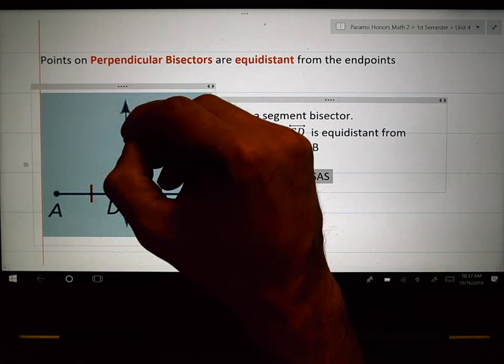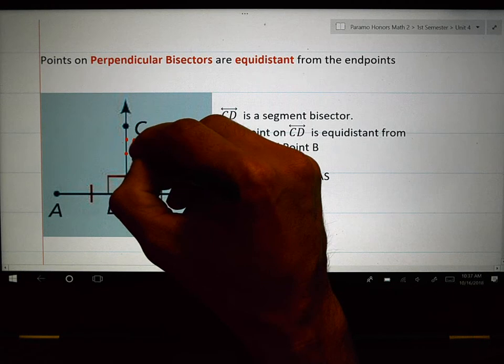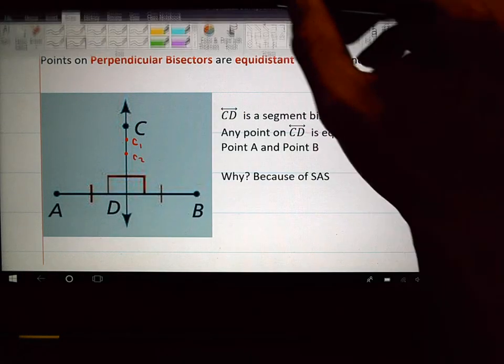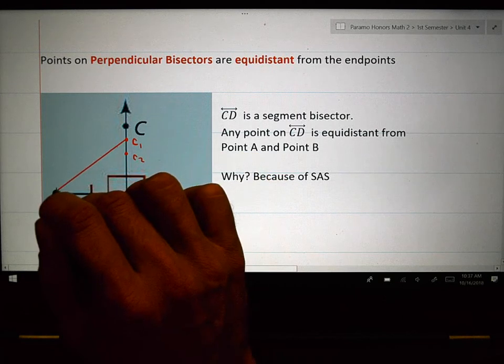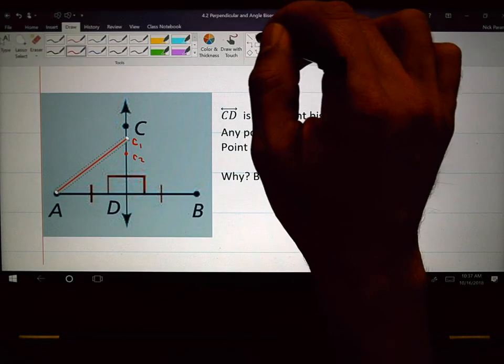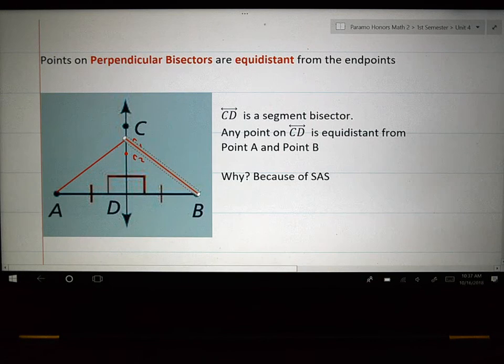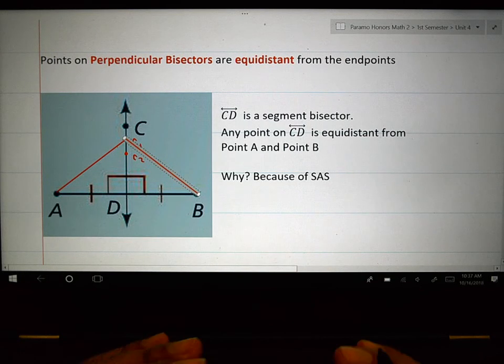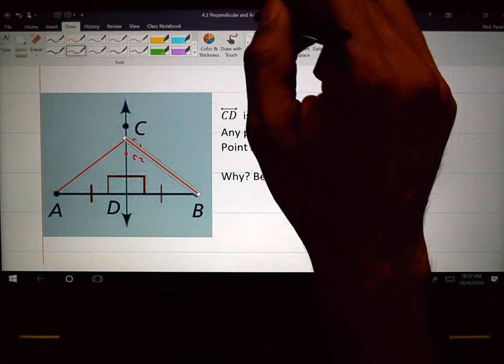Meaning if I had point C here, let's say C1, or a point here, C2, it doesn't really matter if I were to measure from here to there, and let me get another one of those. From here to there, as long as I'm going to the endpoints, those are going to be the same distance away. If I were to think about multiple ones of those,